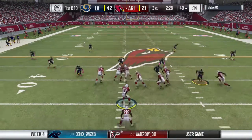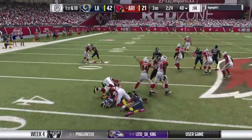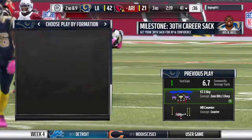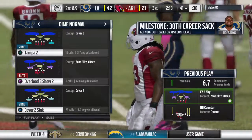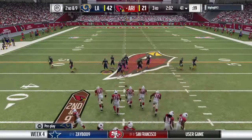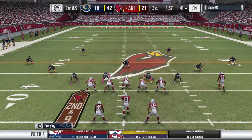Another pistol look here. Now a 10th carry for Johnson. And not much room to operate as he'll get this up only to about the 41. Credit him with a 1-yard gain there to make it 2nd and 9. Well, so many times we look at a short run and we praise the offense for trying to set the tempo and establish things, but the defensive guys, hey, they just won the battle there. It wasn't a big run given up. They don't always have to absorb the body blows. Sometimes they dish them out